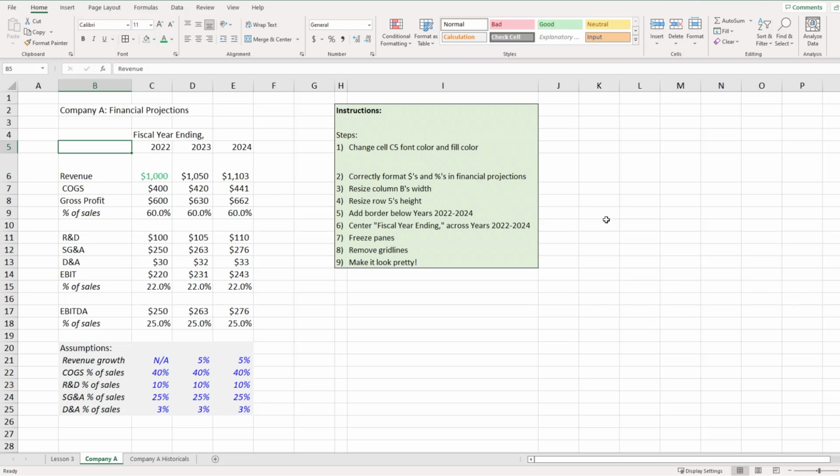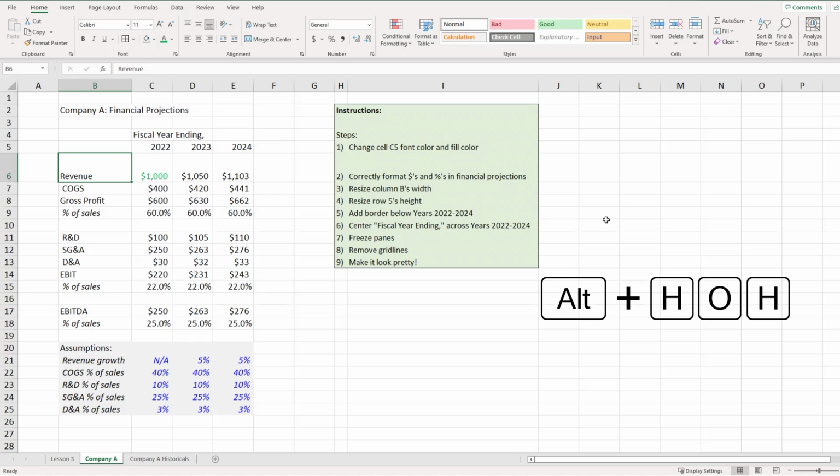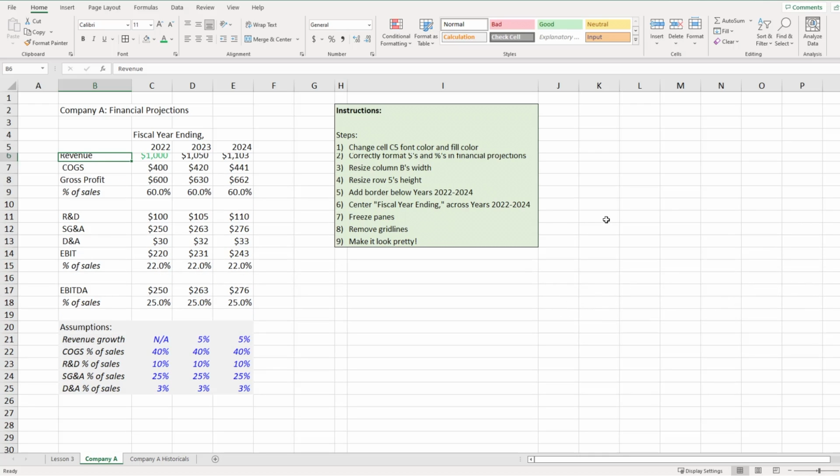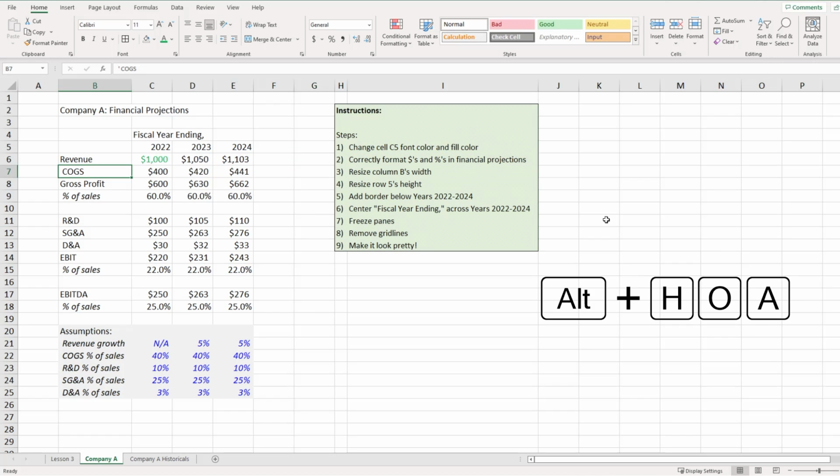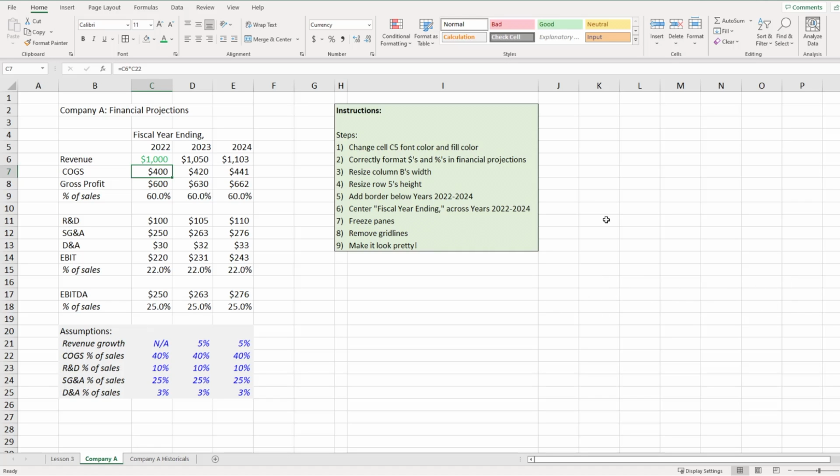So now we can move on to step 4, which is to resize column 6's height. And similar to how we did this with width, we can hit Alt-H-O-H, which allows us to directly type in the height that we want, and then hit enter. We could also highlight the entire row and hit Alt-H-O-A, which automatically resizes the height based off of the cell's current text. We've made a lot of great progress so far, but let's continue on with step 5, which is